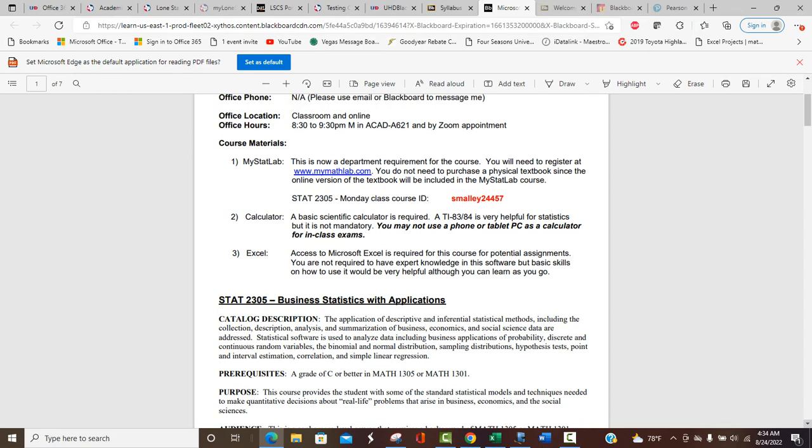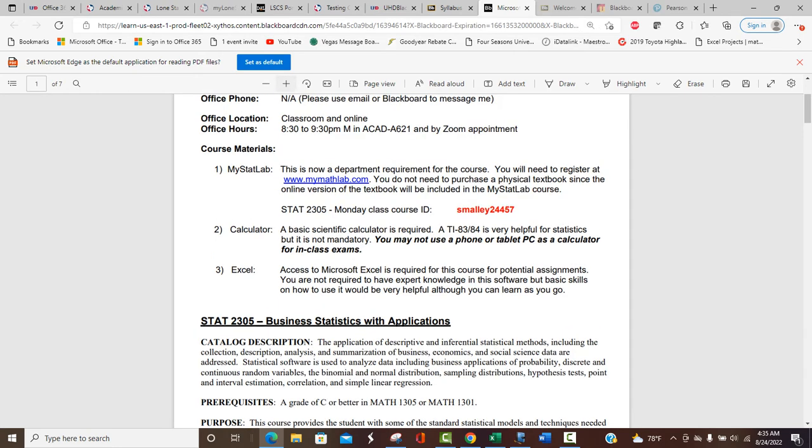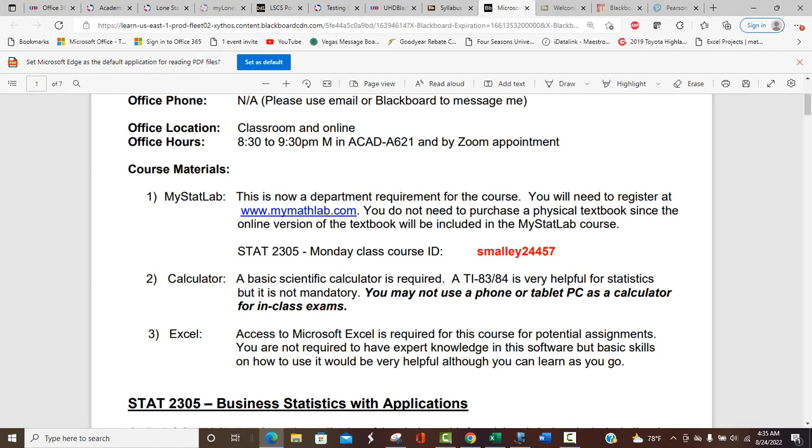MyStatLab, MyMathLab, is going to be an important part of this course because that's how you're going to get your homework grade, and it's possible that one or more of the exams may be put in there. Like we've had the final exam be there last semester, so you'll be told for each exam. Your exams could possibly be in Blackboard, or they may be here in MyMathLab. So I'll just tell you, and if you're not sure, you can ask. This is important because it's how you get your homework grade, and the textbook is also in there, so there's no book